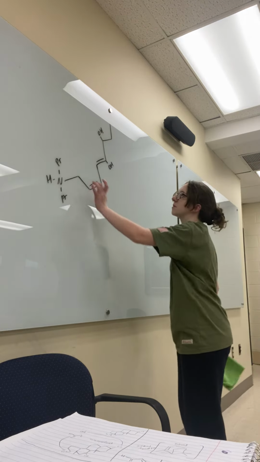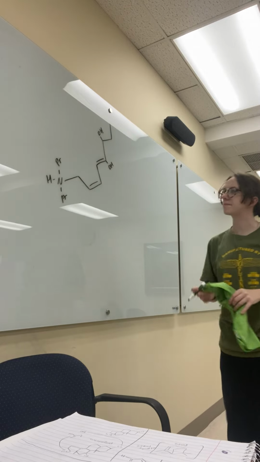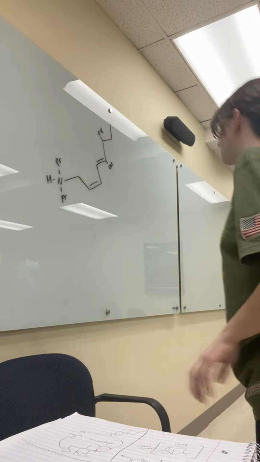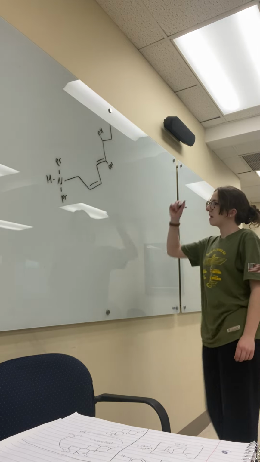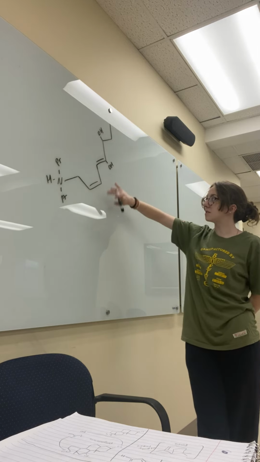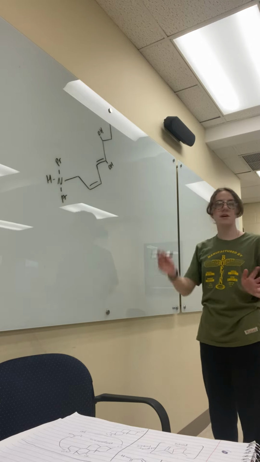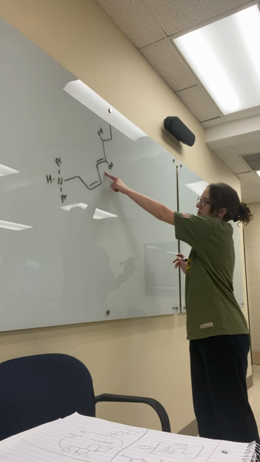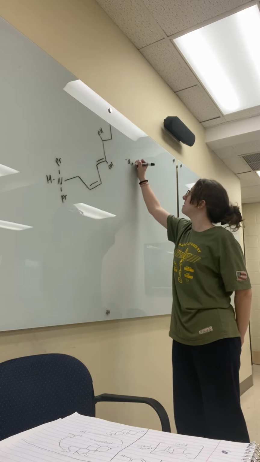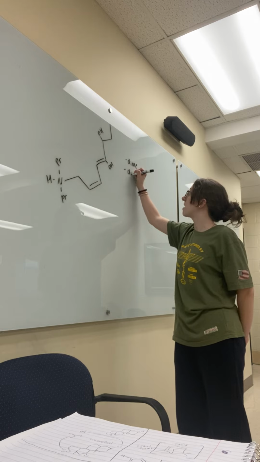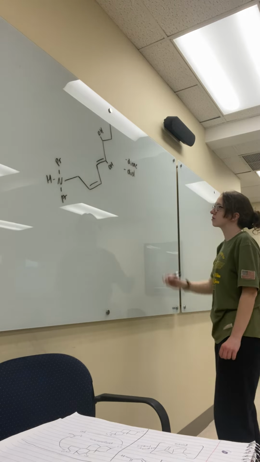So, let me count 1, 2, 3, 4, 5, 6, 7, 8. This one has 8 carbons. And when there's 2 double bonds, you can't write if it's cis or trans. So, I actually lied. We're gonna do a diene instead. So looking at this molecule, we know it's a diene. We know it's a diol because there's 2 oxygen groups, or